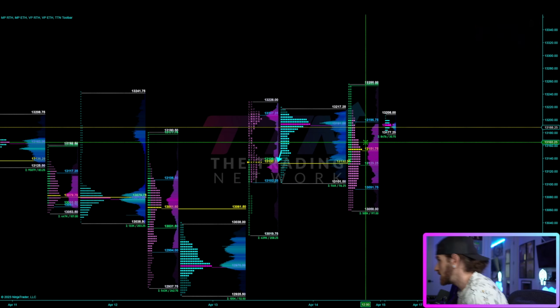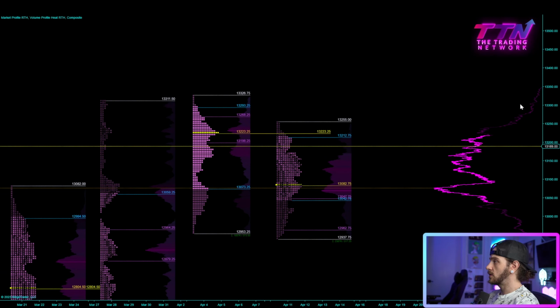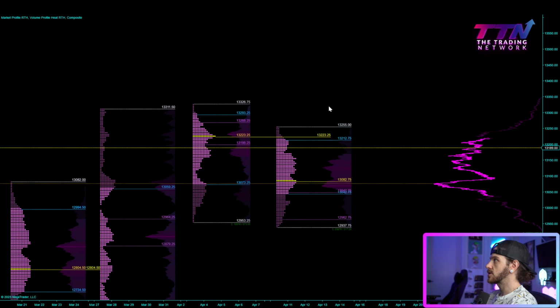Let me load up my weekly charts, and we will dig into some weekly profile action. All right, so weekly NQ profile. Pretty simple stuff here. We'll look at some higher levels when we get to the candlestick chart. But overall, main areas that I'm going to be looking at are 212, that's last week's value high. 255, that's last week's high. Move and hold above 255, very likely gets us a move to 293. You can see that we have the weekly high from March 27th at 311, and then we have the weekly high from April 3rd at 326,